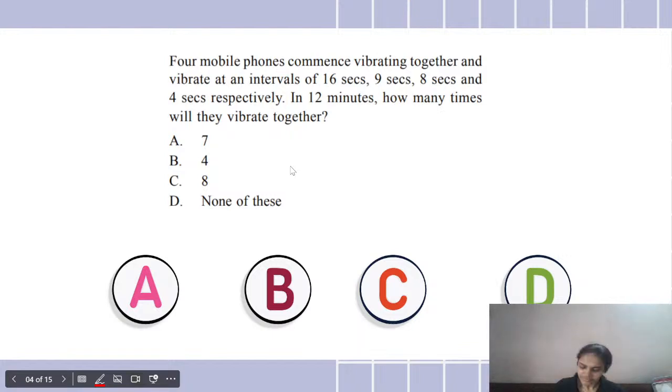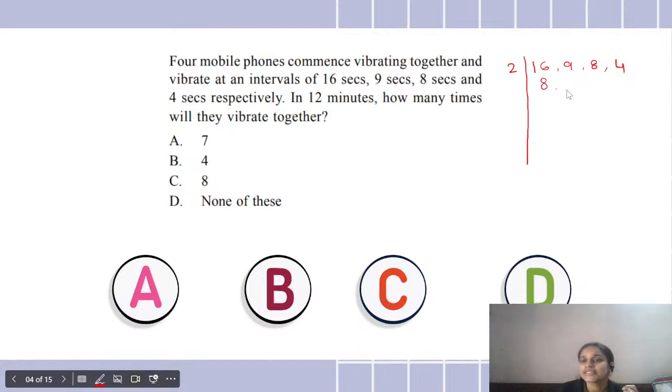Okay, I guess let's discuss now. So here there are 4 mobiles that commence vibrating together and vibrate at the intervals of 16 seconds, right? 9 seconds, 8 seconds, and 4 seconds. Okay, so you have to find out in 12 minutes how many times will they vibrate together. So पहले तो हम इसका LCM ढूंढेंगे, right? At what minute they are going to all vibrate together. So finding the LCM, you get